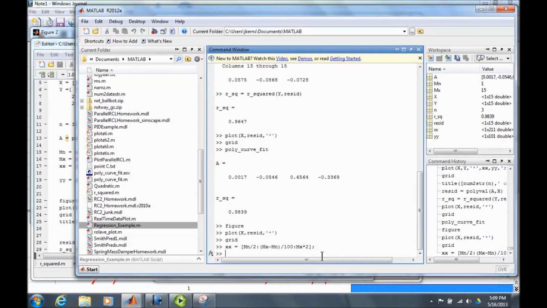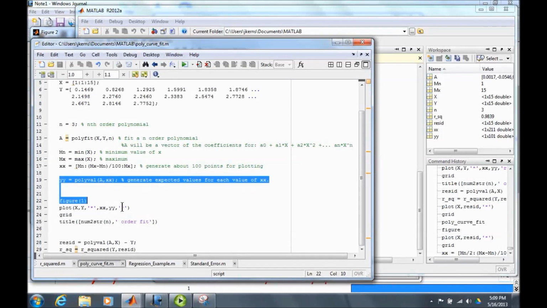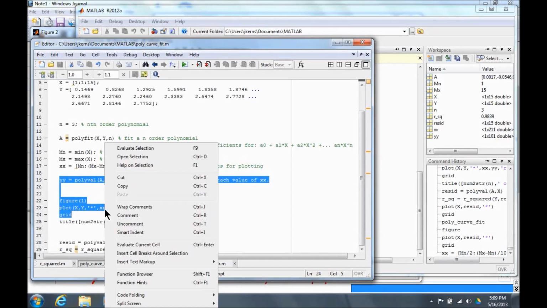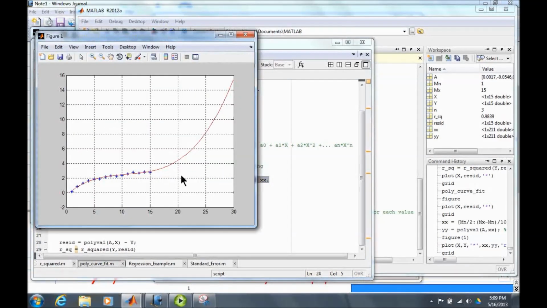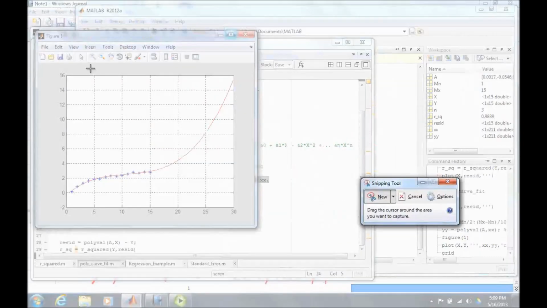So now I'm going to create my minimum and maximum in a range beyond what my normal data was collected at, and then I can do my polyval and my plot, evaluate selection, and okay, I guess I didn't go very far, but you can see, once I get beyond where I created the data,